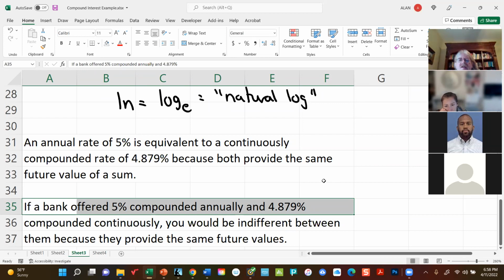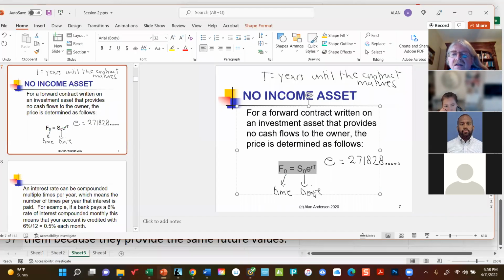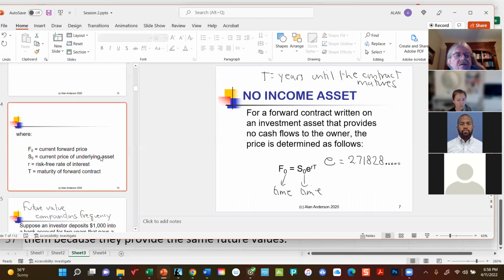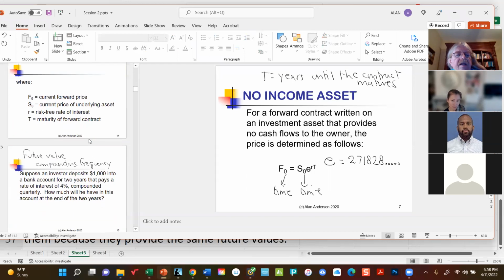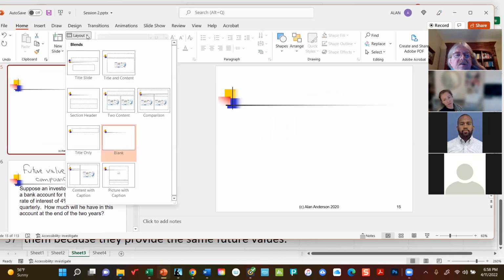Anyway, what brought all this up is that this formula for the forward price of an asset is nothing but the future value of the spot price. In other words, if I invested this S dollars for T years at a continuously compounded rate R, that's what I end up with. Now, what's interesting about this, and this is something we haven't really addressed up to this point, and I'll only briefly mention this now, is that if